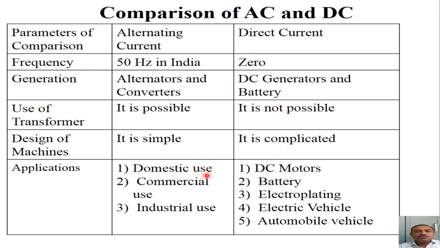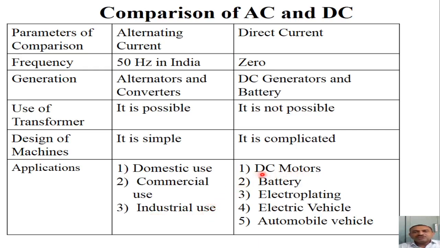Normally we adopt the use of alternating current in most of the sectors. For domestic, every residence, we are using alternating current to operate the different home appliances like the electric bulb, the fan, the refrigerator, heater, geyser. In the commercial use or installations, that is the shop, multiplex, is another way the electricity is used. In industry, the alternating current operated machines and equipments are more efficient, so they are being preferred. So industrial use also has application of AC currents.